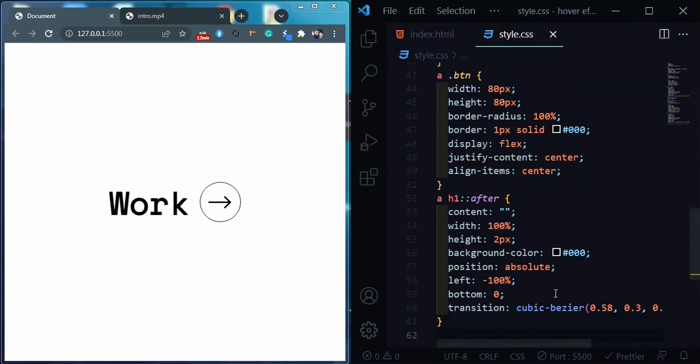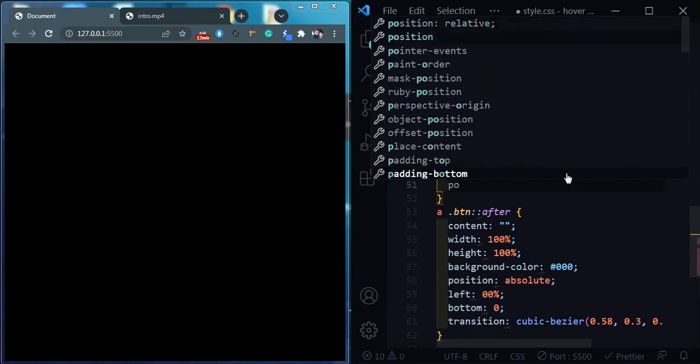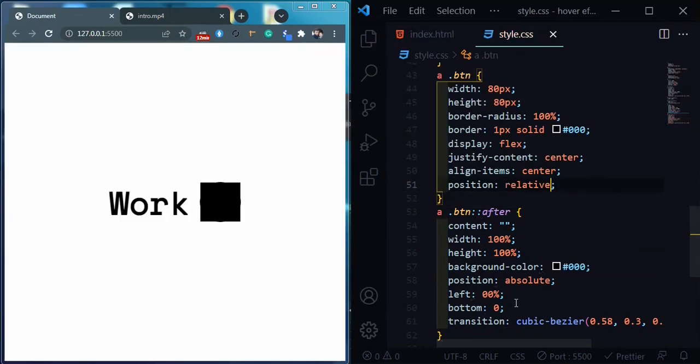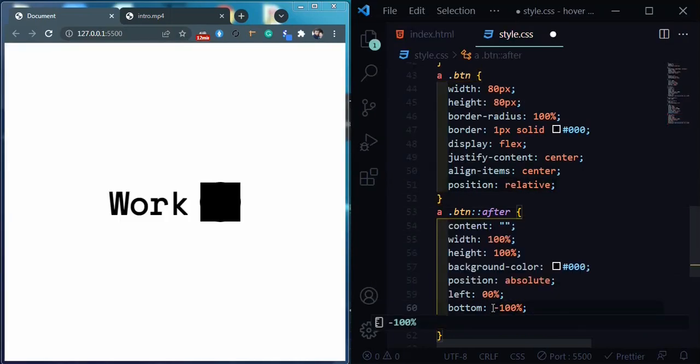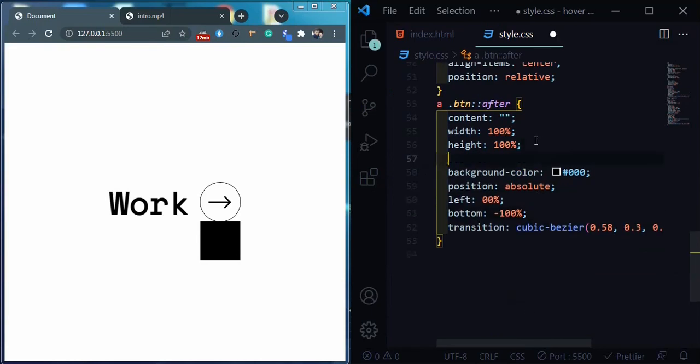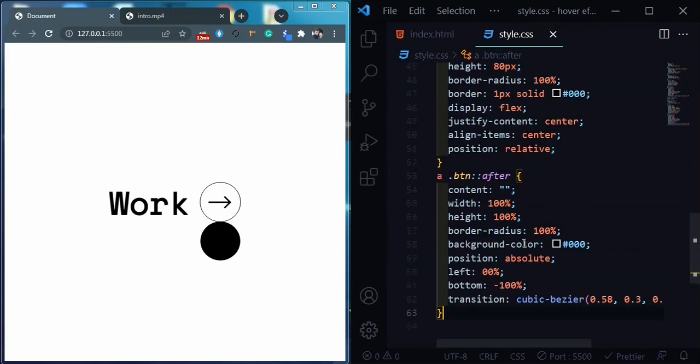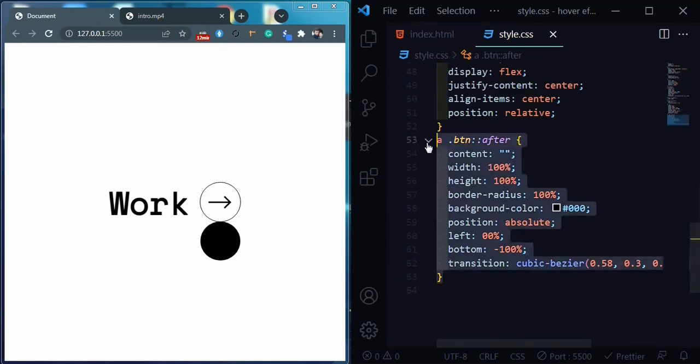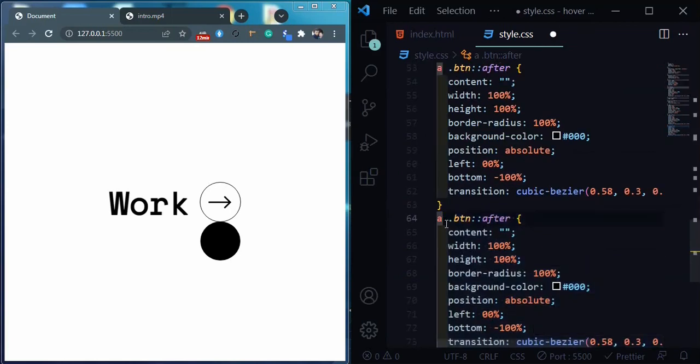Great. Now let's move to our button animation. Its animation depends on its after. It's almost similar to h1 before and after, just has 100% height and left 0 and button position relative. And this after starts from -100% as you see, and make it round as the button. So when I hover the button, after